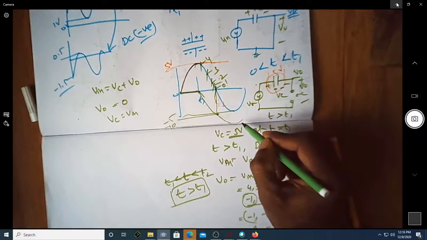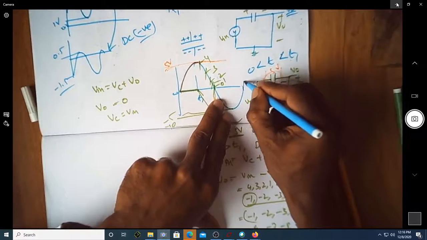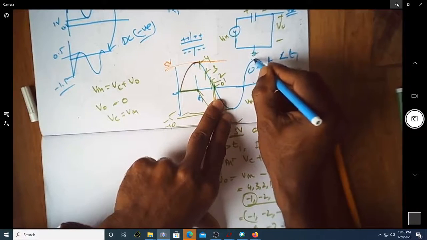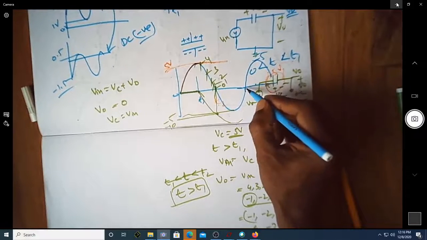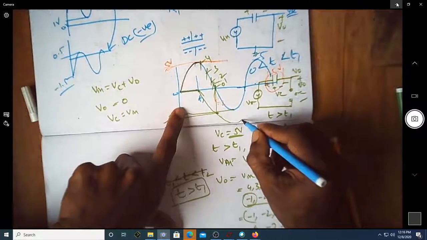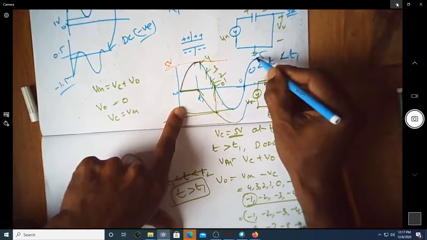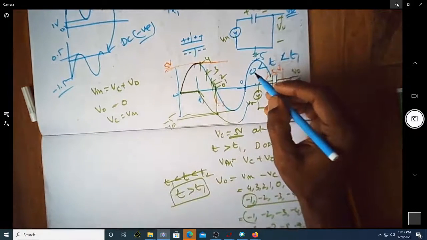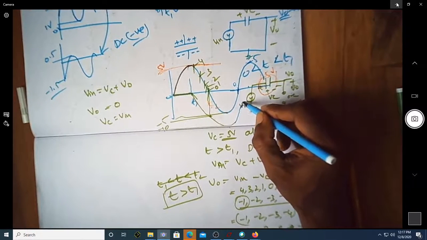See now, afterwards when it goes to the next cycle, you are there at 5. Let us go to this 0 now, from this minus 5 to 0. So when this is 0, you have it at minus 5. When this goes to 5, you can see you still have the same condition, that the diode is still off for the entire period. So it will go here.